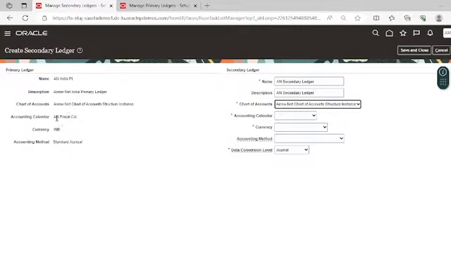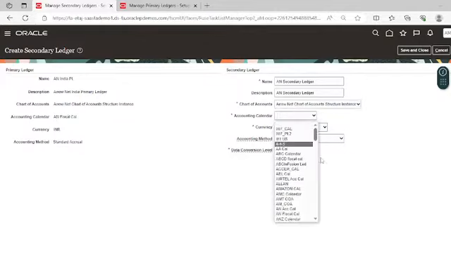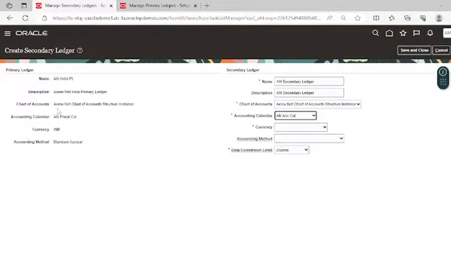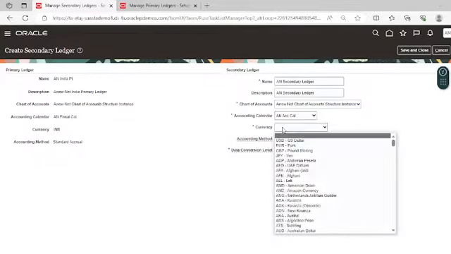In the Indian primary ledger we are using AN fiscal calendar, and in the accounting calendar of the secondary ledger we will select the AN accounting calendar. This fiscal calendar means from April to March, and in the accounting calendar we are taking it as from January to December. And in the currency we will take same currency.